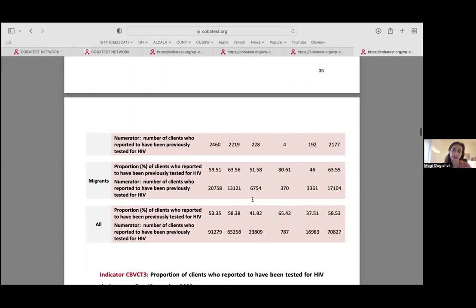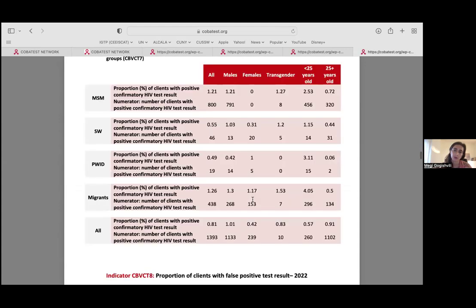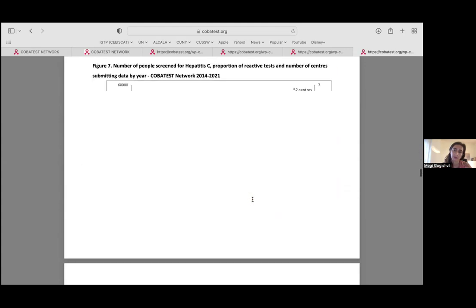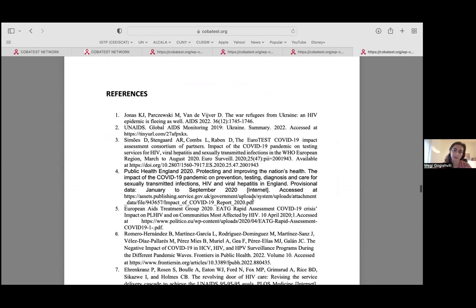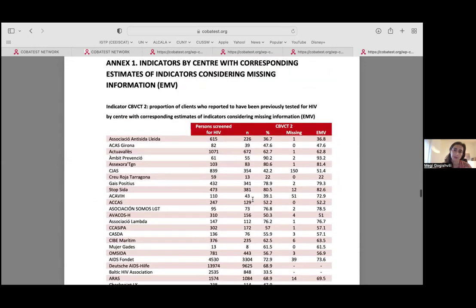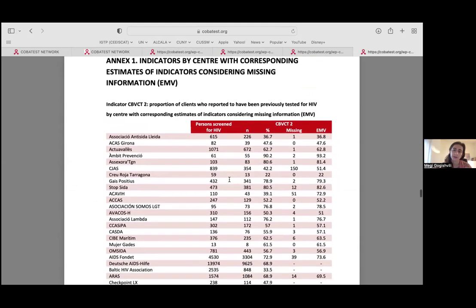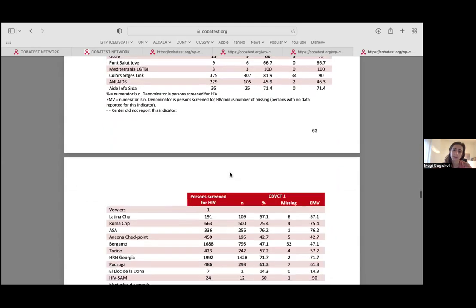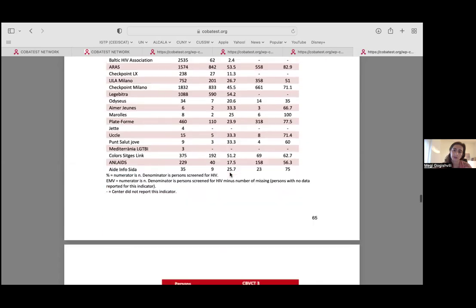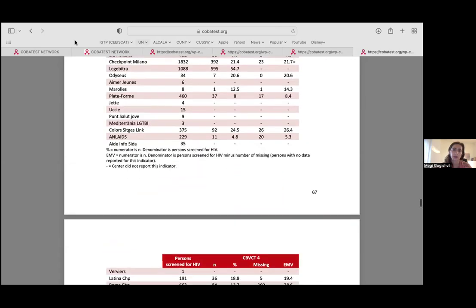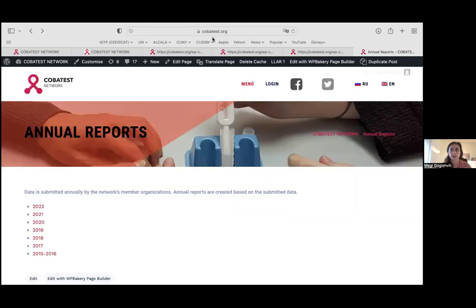And then at the end of the report, we also do per center reporting. So you also have your center with your indicators. Besides this, let me stop sharing this. Besides the report, we also